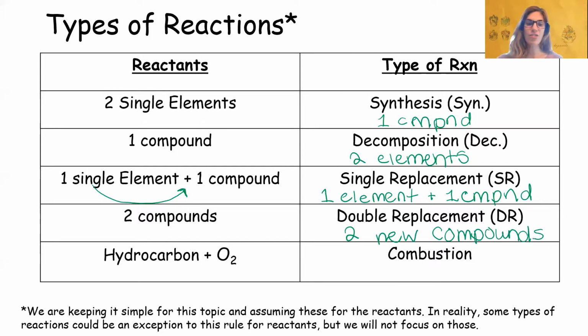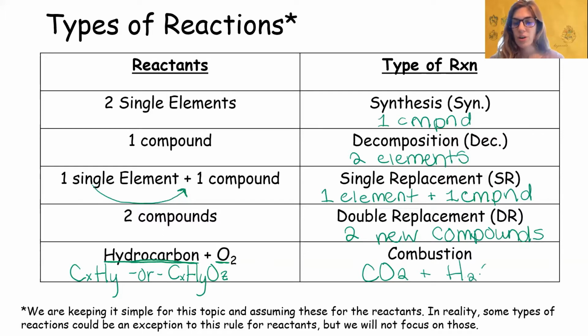And finally, the last reaction is a combustion reaction. This one is very specific because it deals with a hydrocarbon and pure oxygen gas. Remember that a hydrocarbon can be identified as either a combination of just pure carbon and hydrogen, or it can be a combination of pure carbon, hydrogen, and oxygen. But either way, if it's not one of these 2 and it's not mixed with pure oxygen, it will not be a combustion reaction. But if it is, then it's really easy because the products will always be CO2